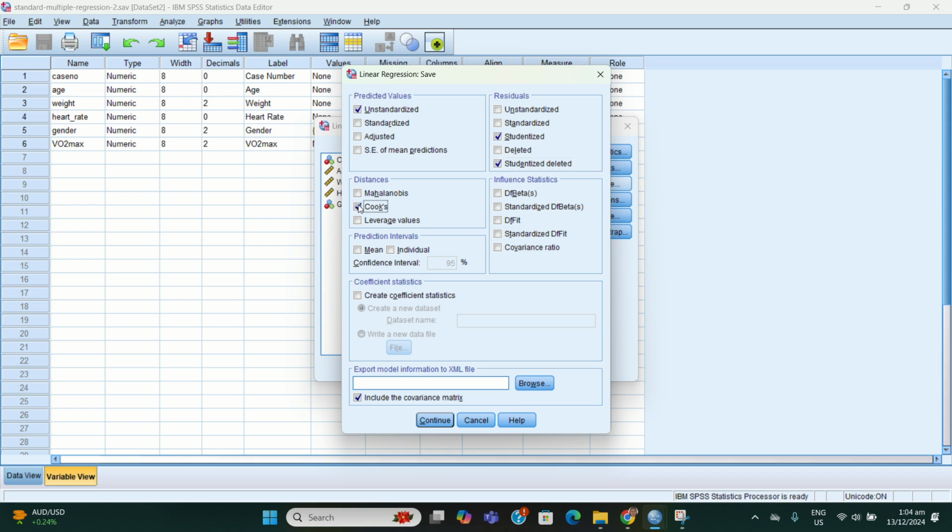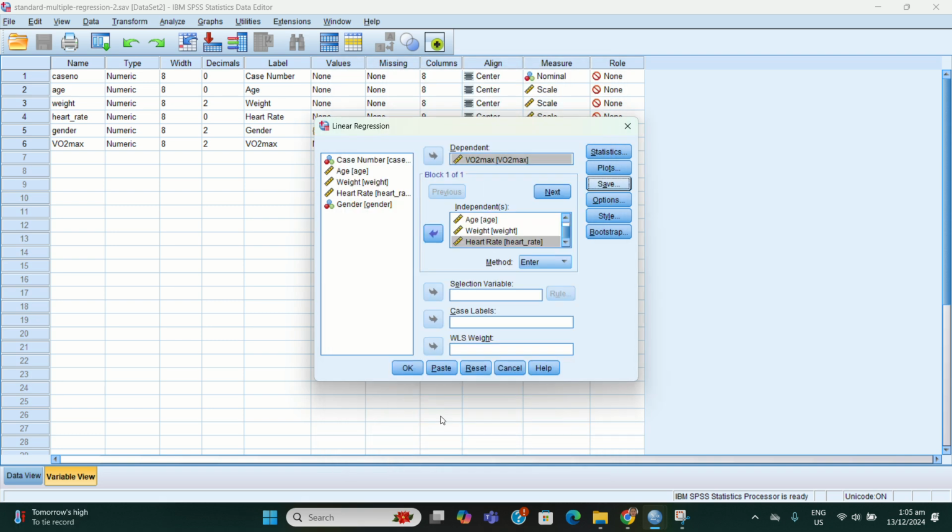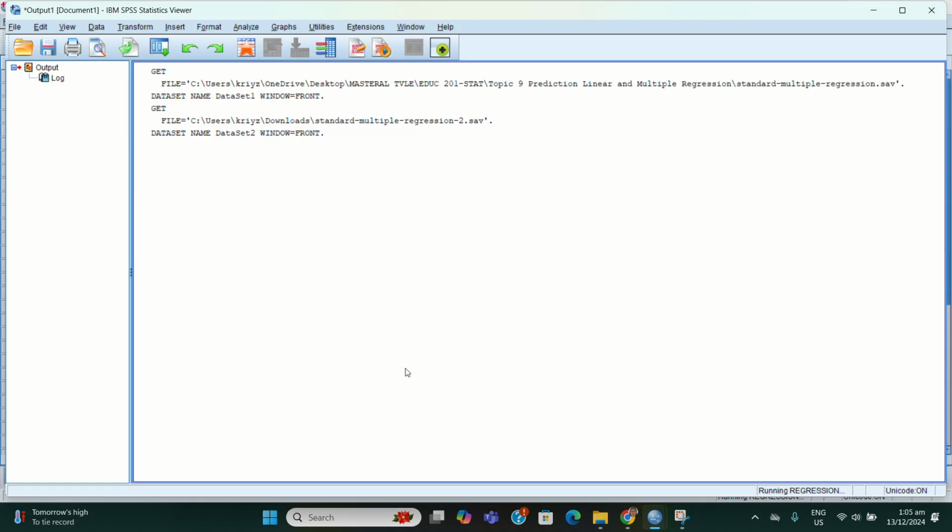After that, we check Cook's and leverage values. Then we include the covariance matrix. Then we click Continue, then click OK.